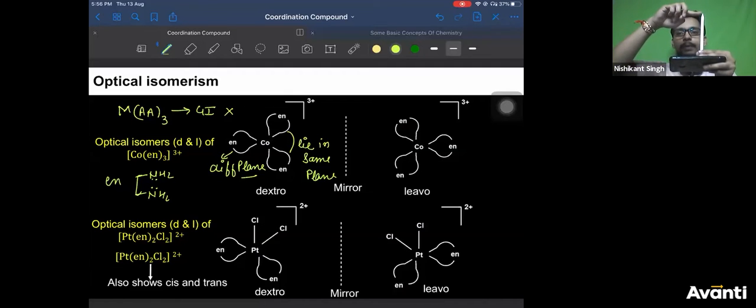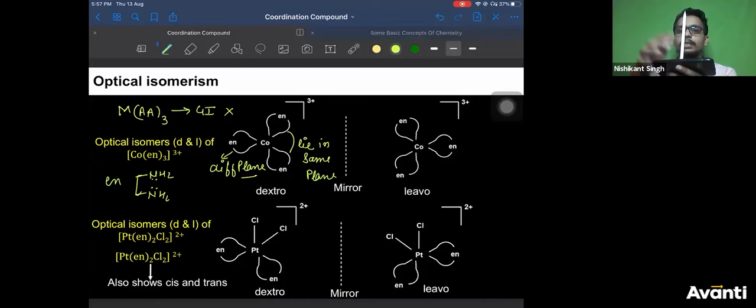So one bridge is between this and this. So one bridge is going like this. The other bridge is between this and the bottom. So the other bridge is going like this, from here to here. And the first bridge is from here to here. Now the third bridge is this one, from here to here. Correct? So there are three bridges.